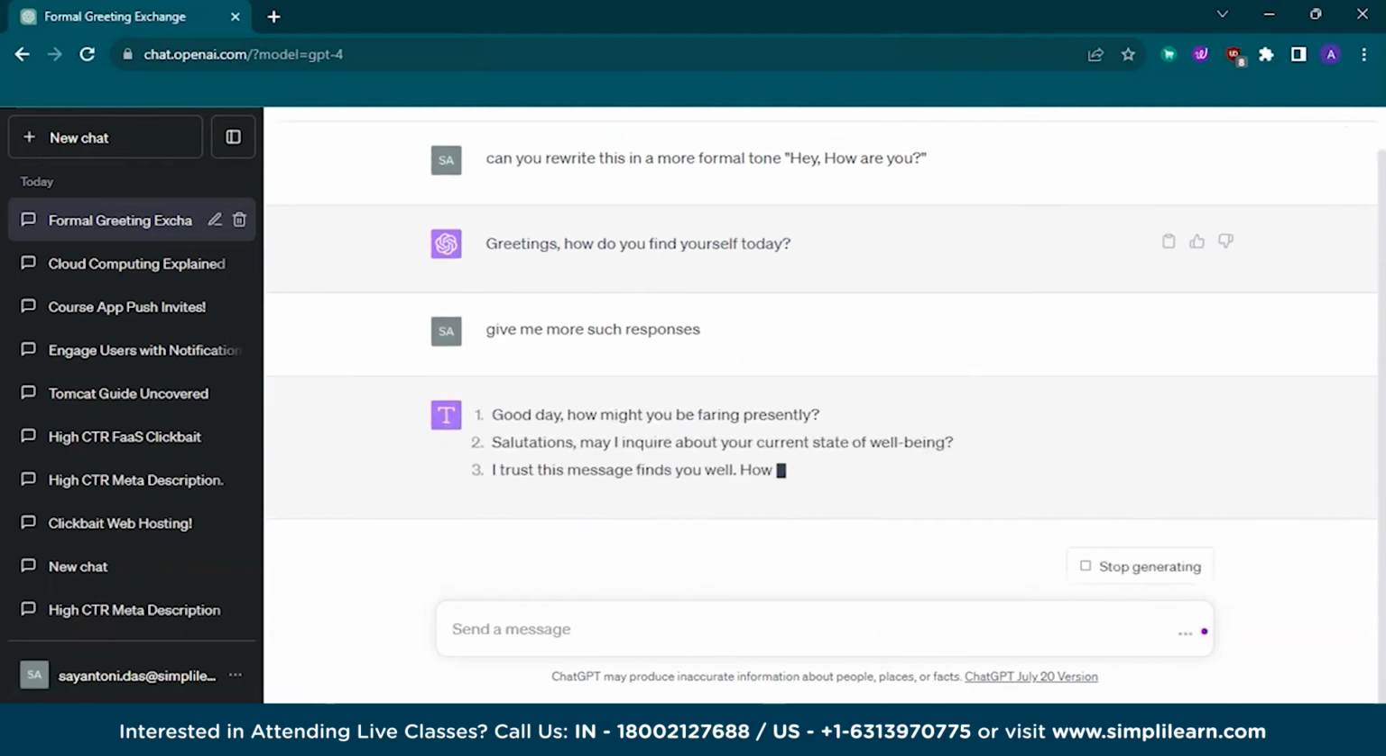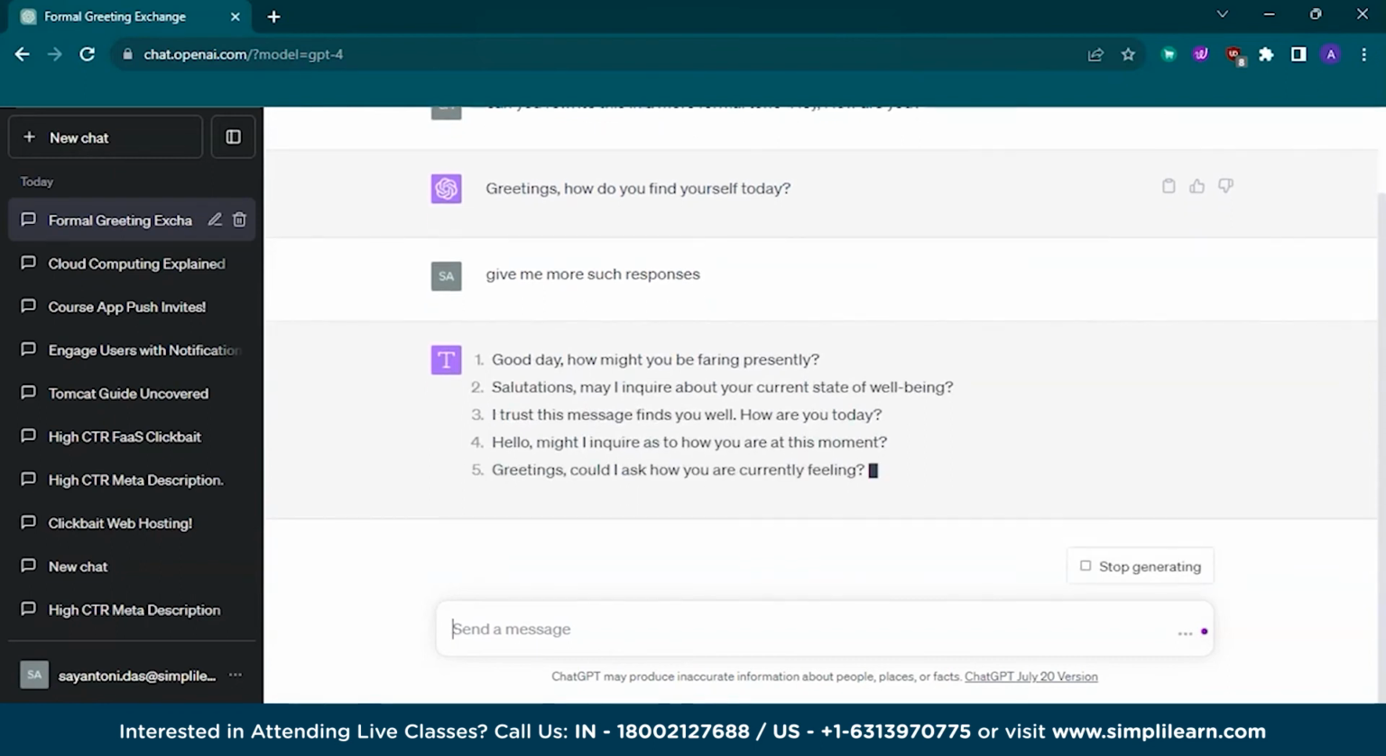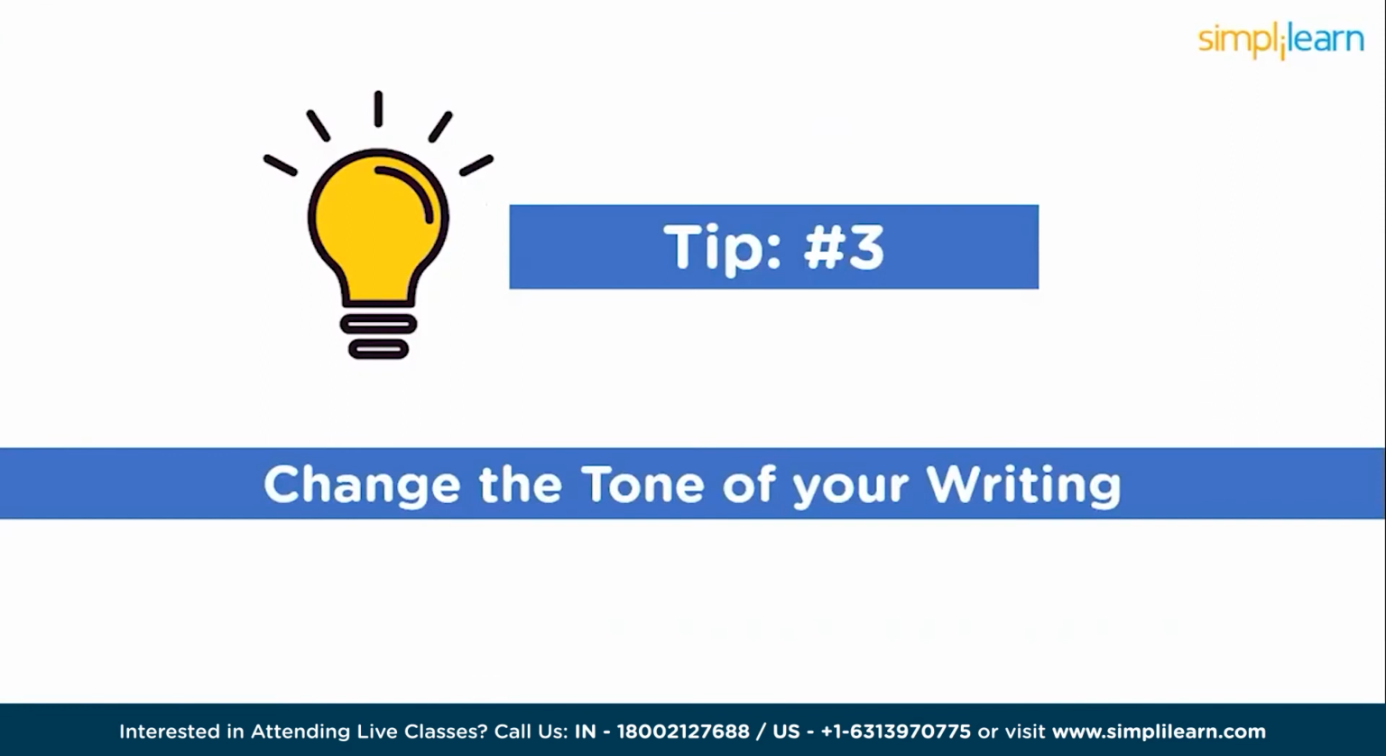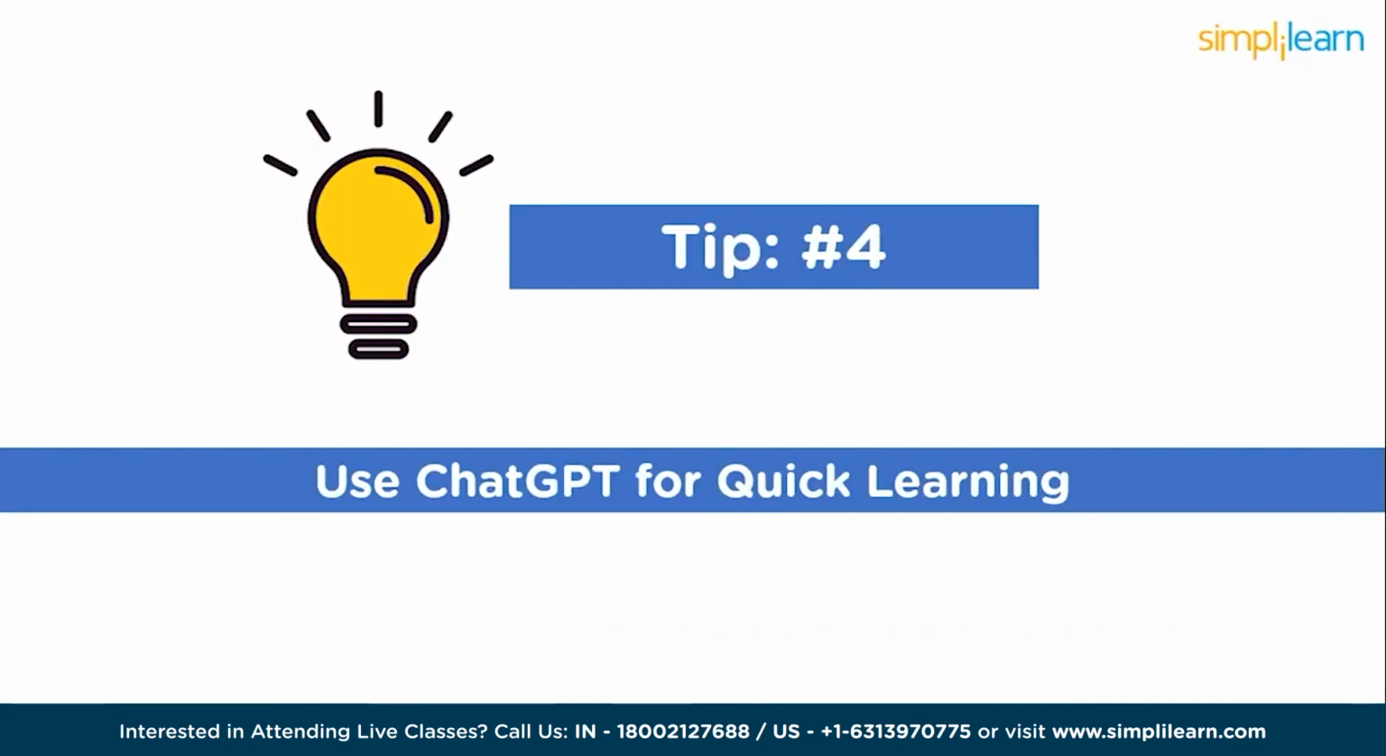That is, you could give any sentence or any language to ChatGPT, and you can ask for any tone. That could be emotional, that could be a funny tone, or that could be a sarcastic tone. So ChatGPT would reply with the particular tone. So this was our third tip, and now moving on, we'll see the fourth tip,